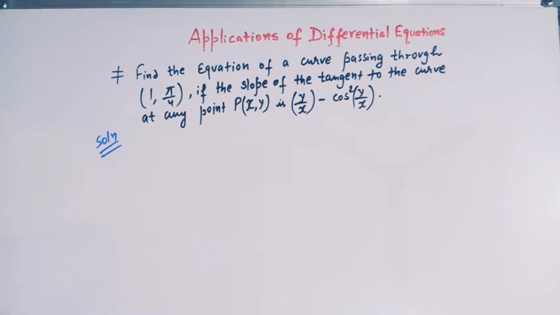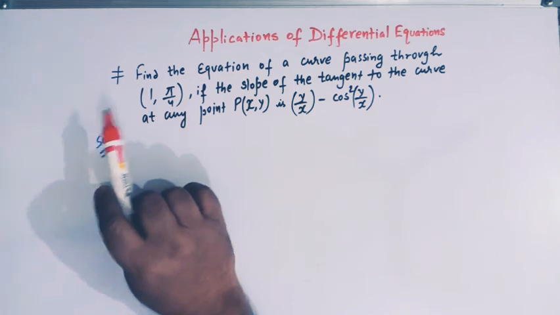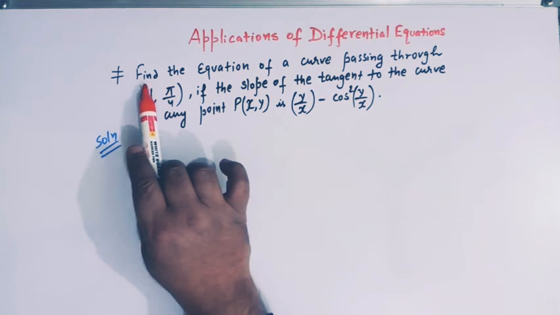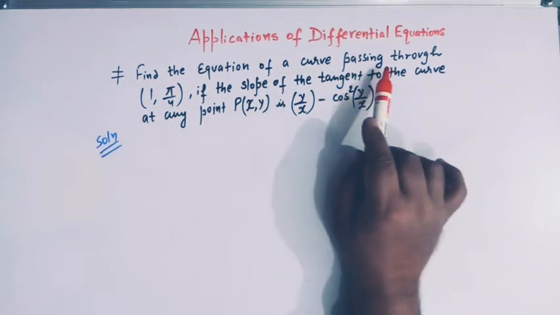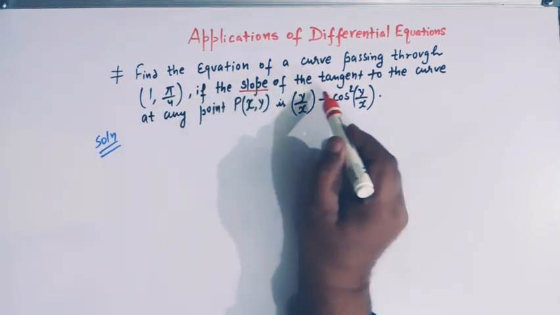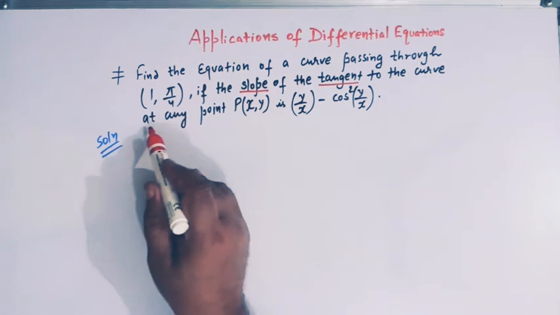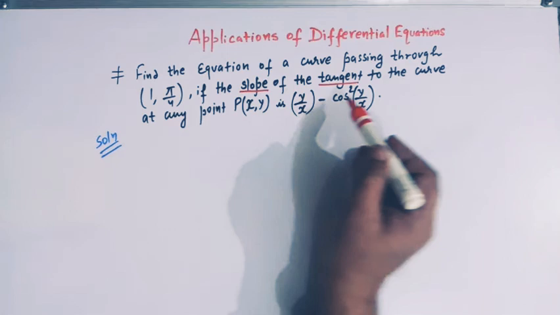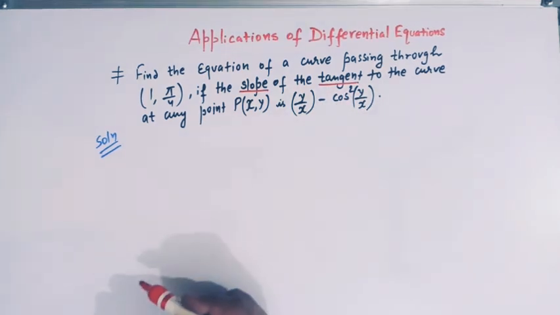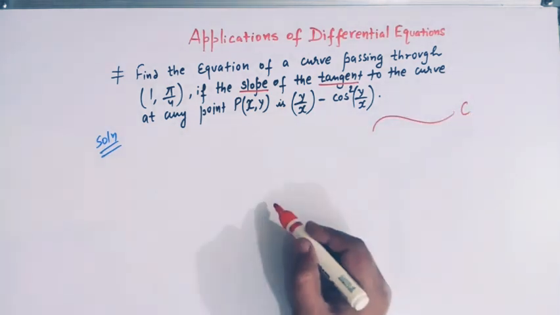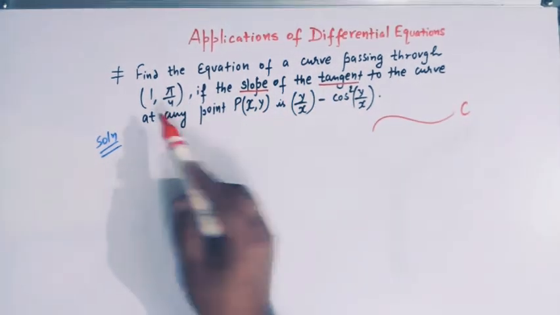Now let us take another problem. Here we have to solve this problem using differential equations. The problem is: find the equation of a curve passing through (1, π/4) if the slope of the tangent to the curve at any point P(x, y) is y/x − cos²(y/x). So here we are given a curve, say this is the curve C, and at any